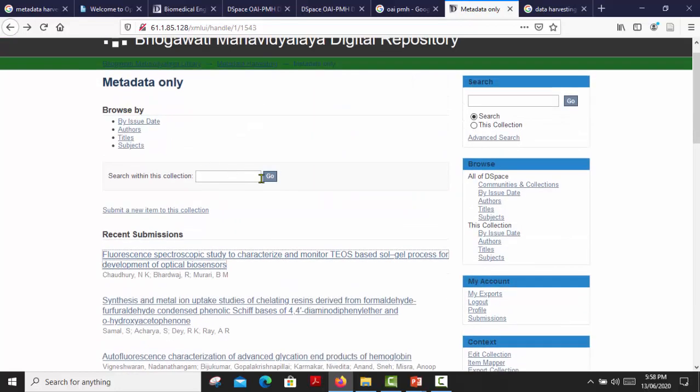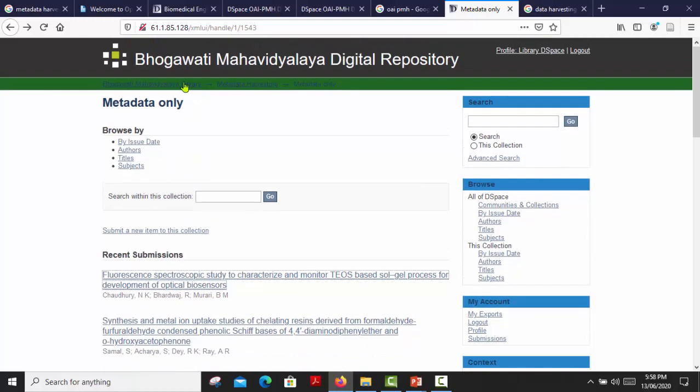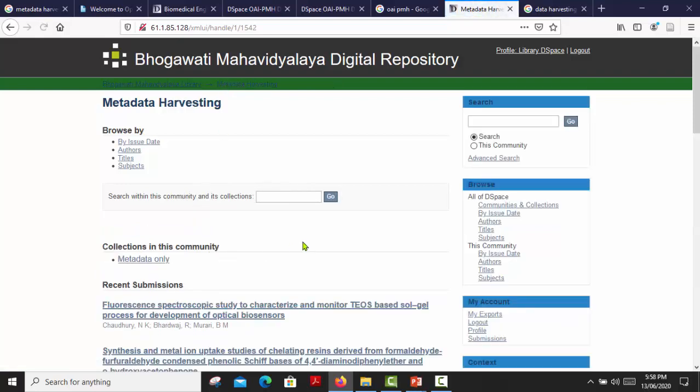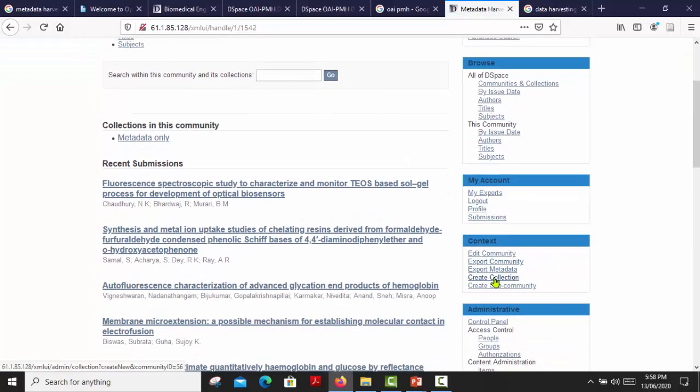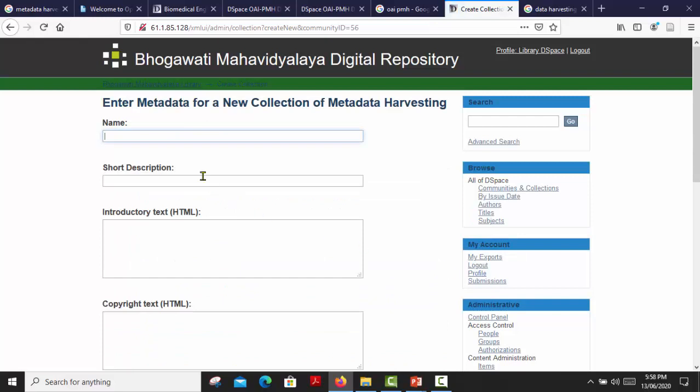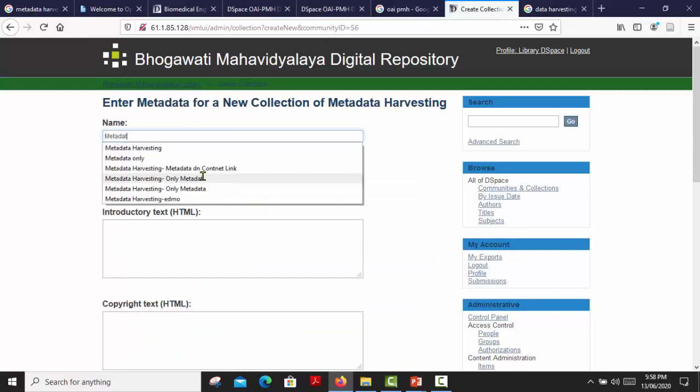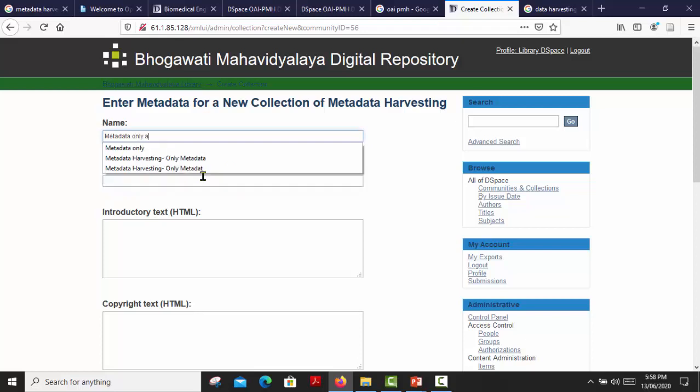Now we are going to harvest the metadata and a reference to that bitstream. For that, again I am going to my community. Here I am creating a new collection. That collection name is metadata only and reference to bitstream.